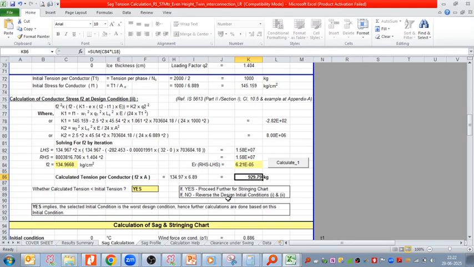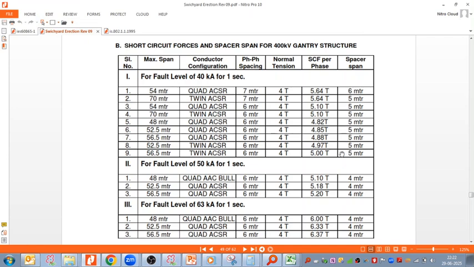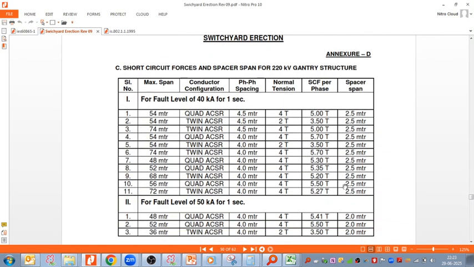Okay. So what about the spacers, the spacing between the spacers? Is there any calculation? Do you perform any calculation for the spacers? No, sir. Generally, from the vendor document or OEM document, we can obtain the length. Anyway, they're asking about the span, like I have taken 4 meter span, 6 meter span. You are asking about this,